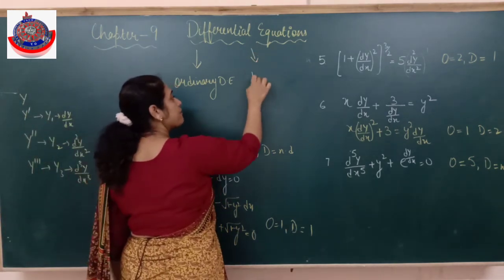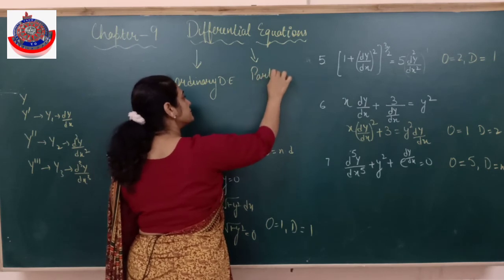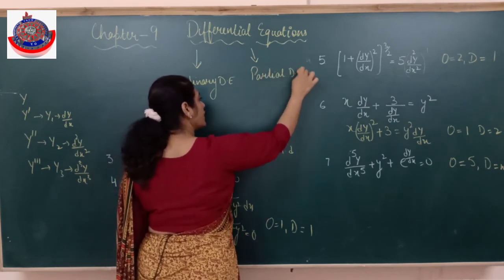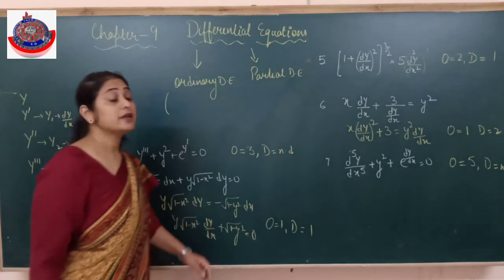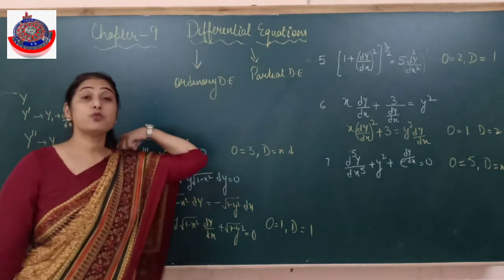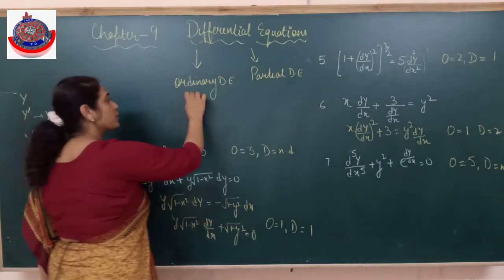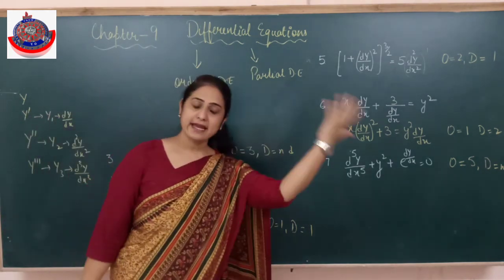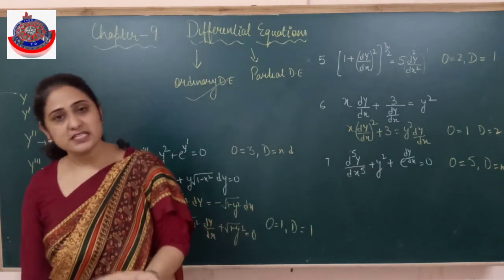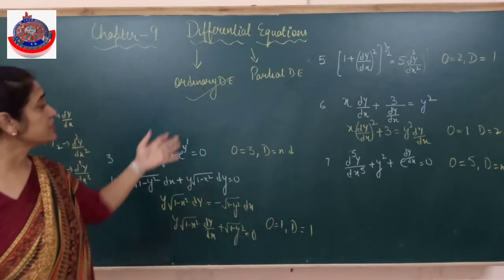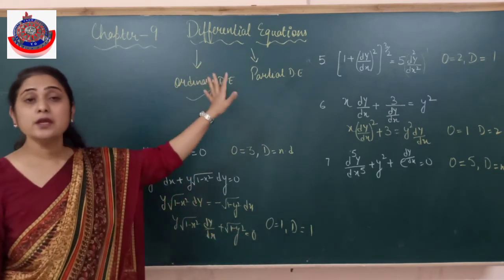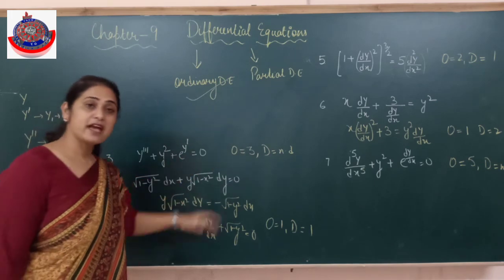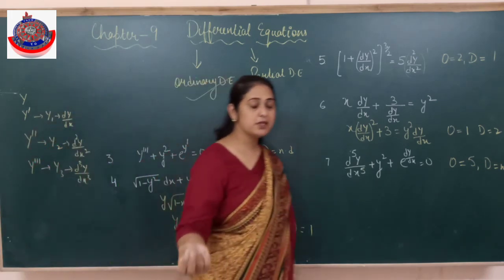And we have partial differential equations, which has more than one independent variable. So in our syllabus we are going to just deal with ordinary differential equations. This you will be doing in your higher classes when you go to graduation and all that. Is it clear? Partial differential equations. Right now we are going to do it only with ordinary differential equation, where we have one independent variable, alright,